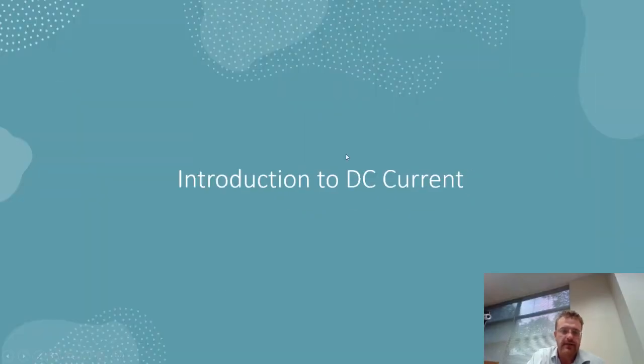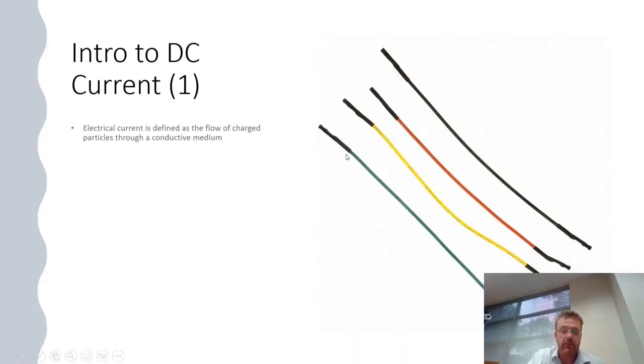So in this video, we're going to talk about DC current. Before we do that, we have to define what current is in general. So in physics, current is nothing more than the flow of charged particles through some sort of conductive medium. So within engineering or electrical and computer engineering, the most common type of conductive medium that you will see will be